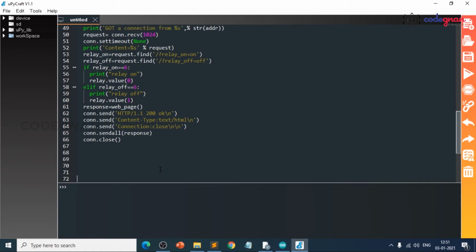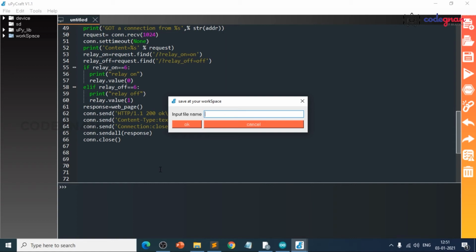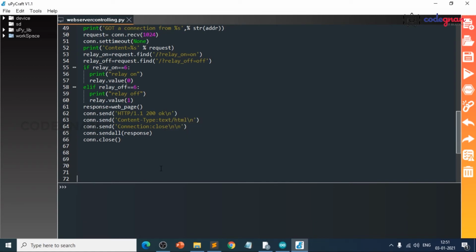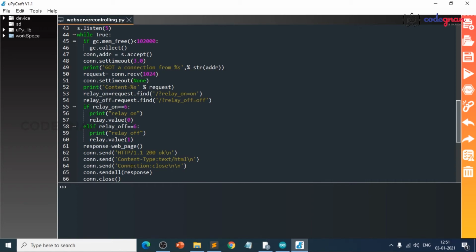So Control S to save the file, which is web server controlling. Now save the program and run the program here.